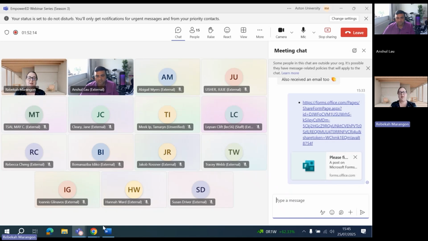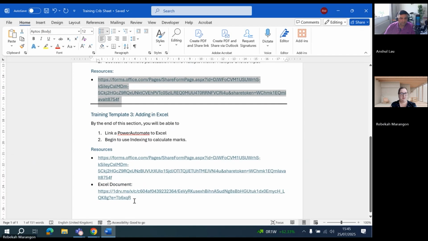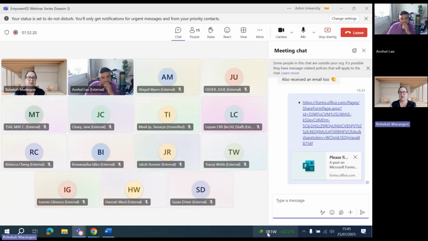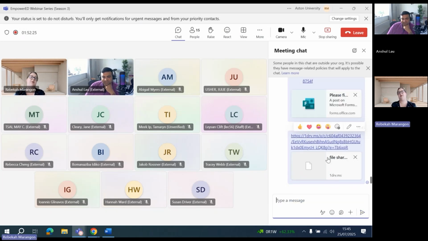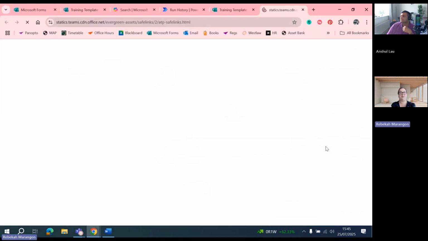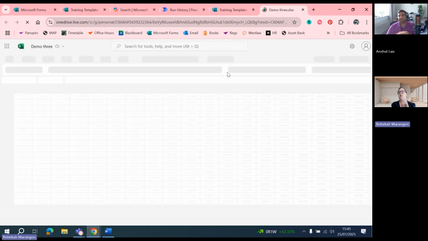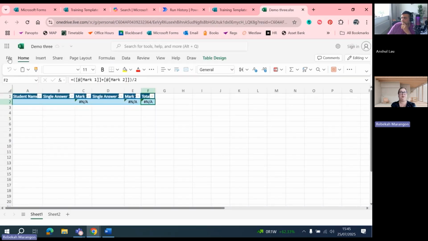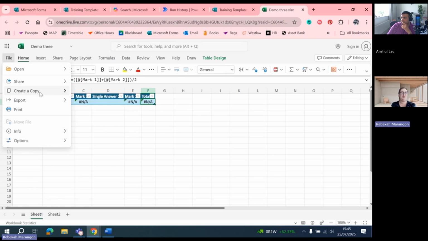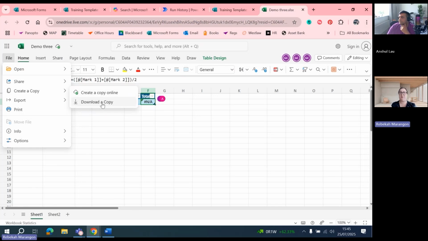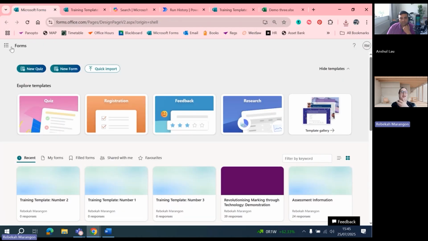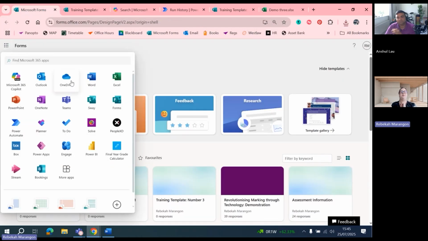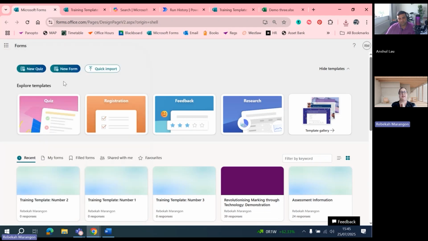Okay, so what I'm going to share in the chat now, if you want to try and keep up with it, is an Excel document. If you click on the link, it's going to take you to Excel. What I want you to do is download it. So create a copy. You can create a copy online if it's linked properly. Mine's not going to be helpful. So if you just download a copy, and then you're going to want to go to your Excel on your OneDrive. So if you can get yourself to OneDrive,